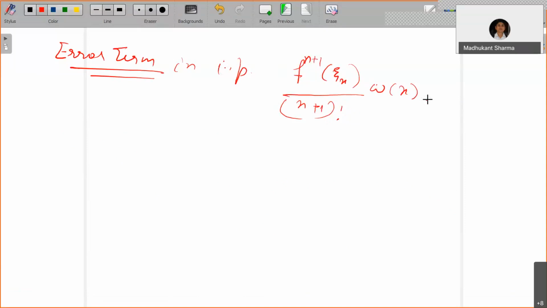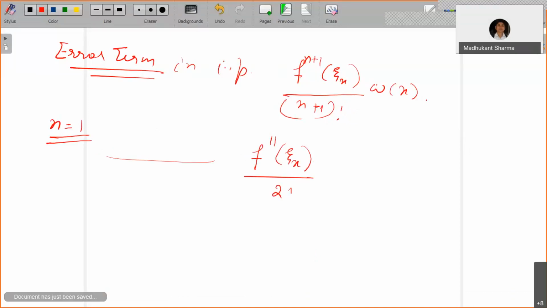That was the error term in the interpolating polynomial. Now we have the case n equals 1. So for n equals 1, the error term will be f second derivative at some zeta of x, divided by 2 factorial,